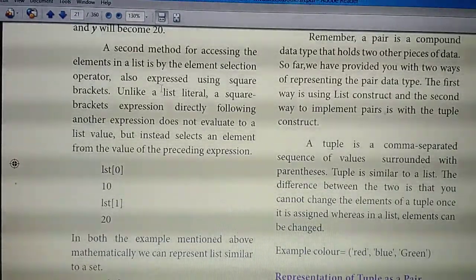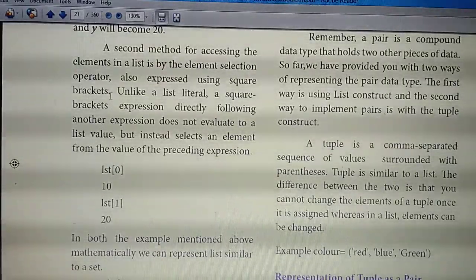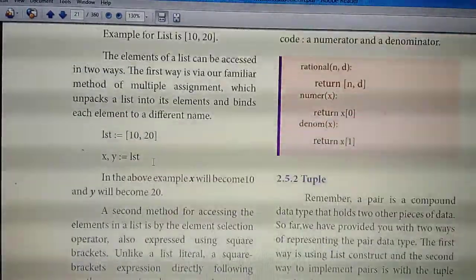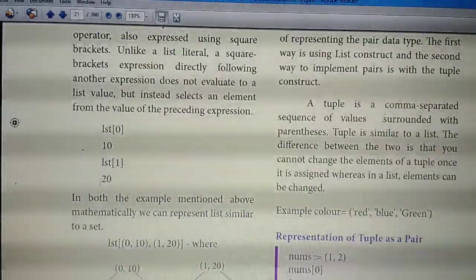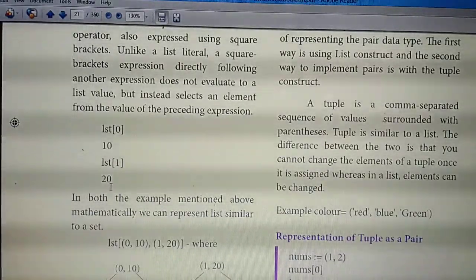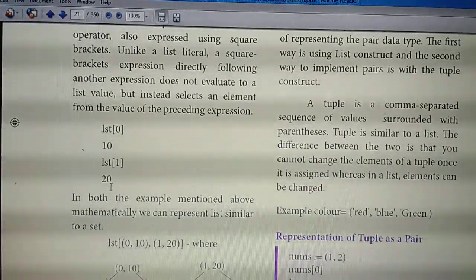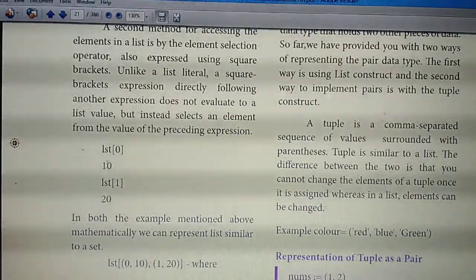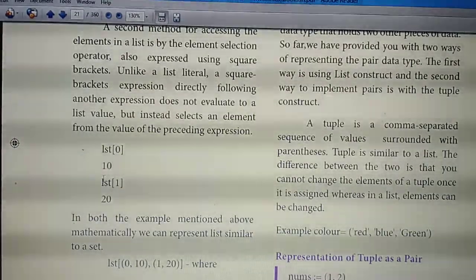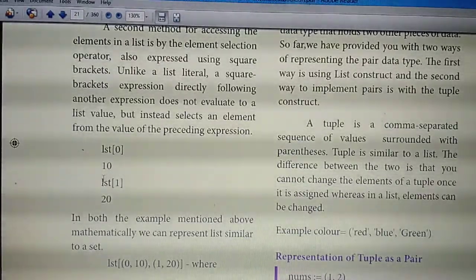If it is possible, you should study this one, and study this also, unlike a list literal. Those who are feeling it tough to study fully should mark up to this one. This question's answer will come from here: the elements of a list, till this example up to 20. If you write it fully, only then can you get full marks. Those who find it tough, till these brackets is enough, then write this example. This is the fourth 3-mark question answer.